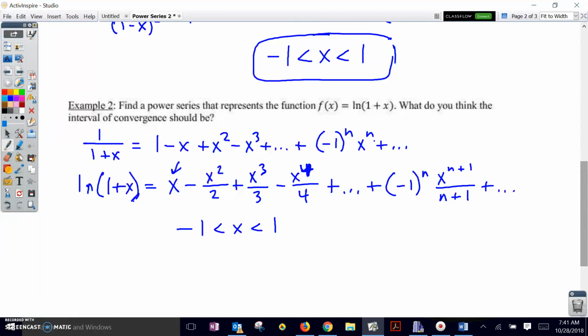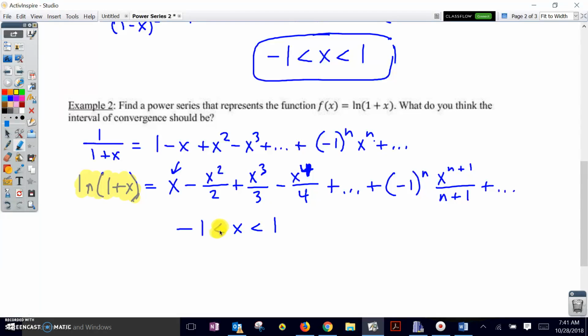If we put -1 into this function, we get the natural log of 0, which is undefined. It approaches negative infinity. And so I know I don't need to include this endpoint because it's impossible for me to get it to converge at that point when this approaches negative infinity. Now, at +1,